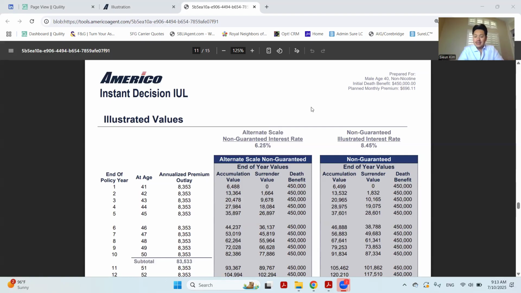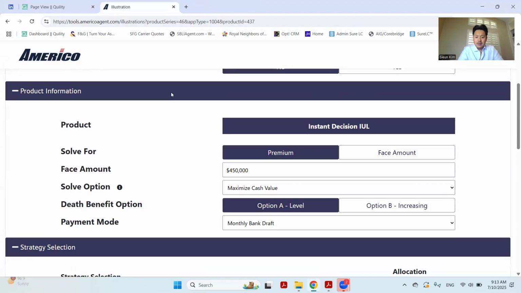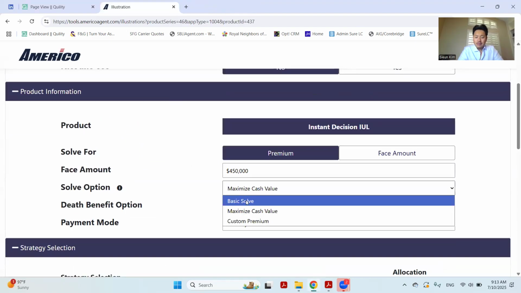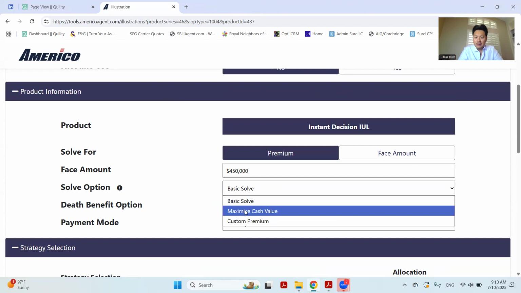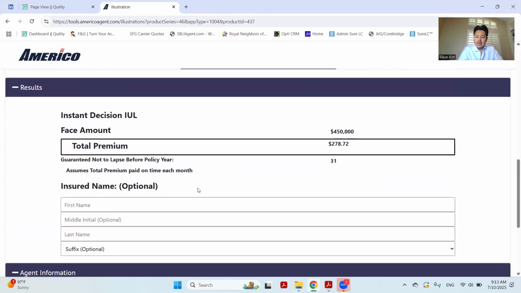Okay? Hopefully that makes sense. Just wanted to show you that. So typically, with Americo, I go with Basic Solve. If a client says I want to maximize the cash value, then I go ahead and go to FNG and do a custom IUL for the client that fits best for the client's budget and what the goals are for the client. Okay. So we're going to keep it at Basic Solve. So that's